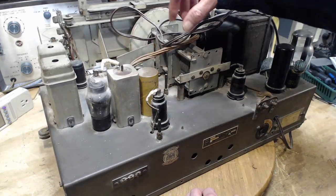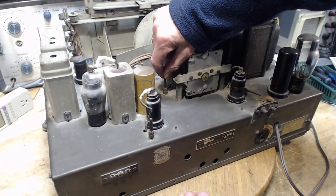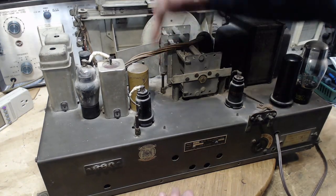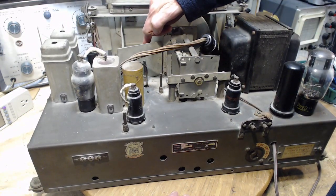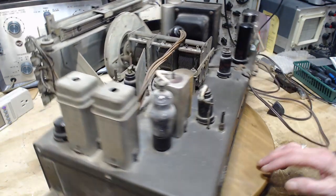Pretty sparse up on top considering all the real estate that's up here. And I've got these plunging type capacitors here that this shaft goes up and down to vary the capacitance. There's one here, one here, one here, one here. And any other adjustments from the top? Doesn't really look like it. Okay, we've got a